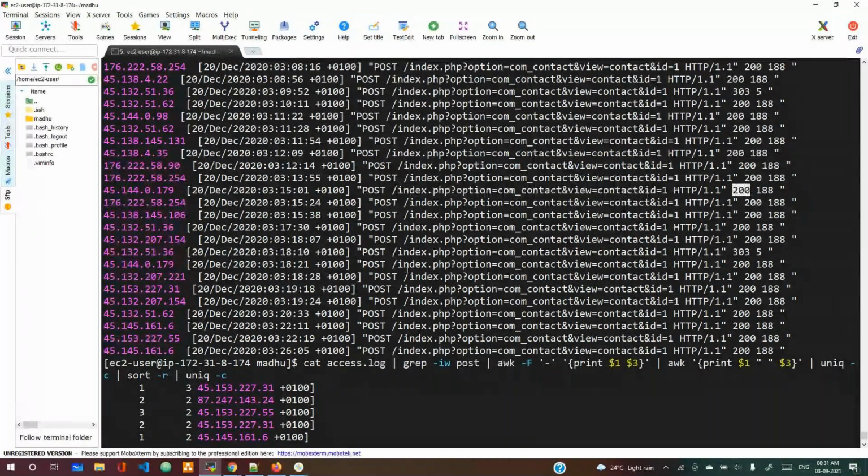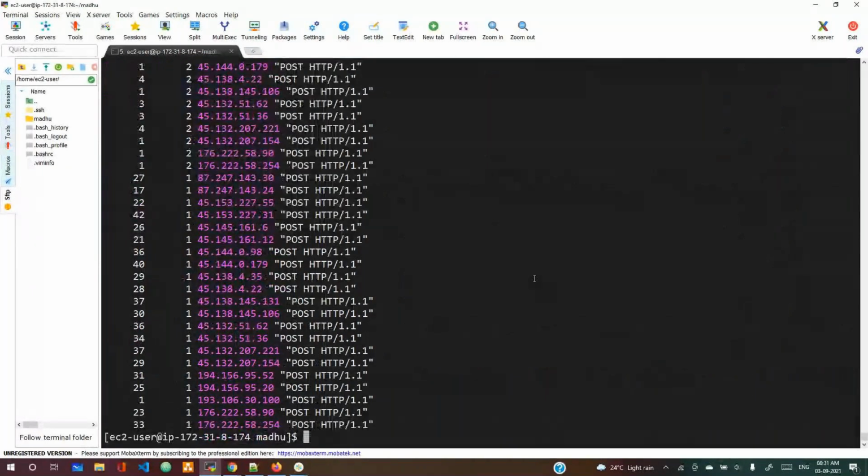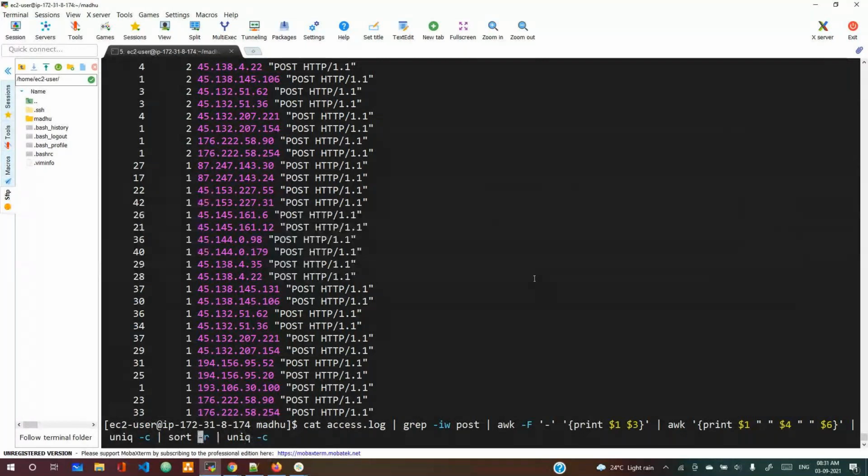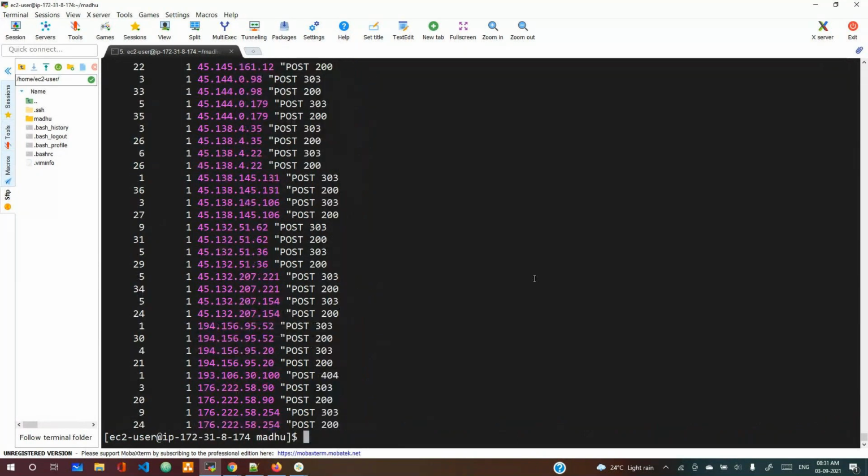What do you want to print? The 200 status codes. This is the seventh column. You want to print the seventh column here. That will come. Now this is a 303. This is a 200. Given this status